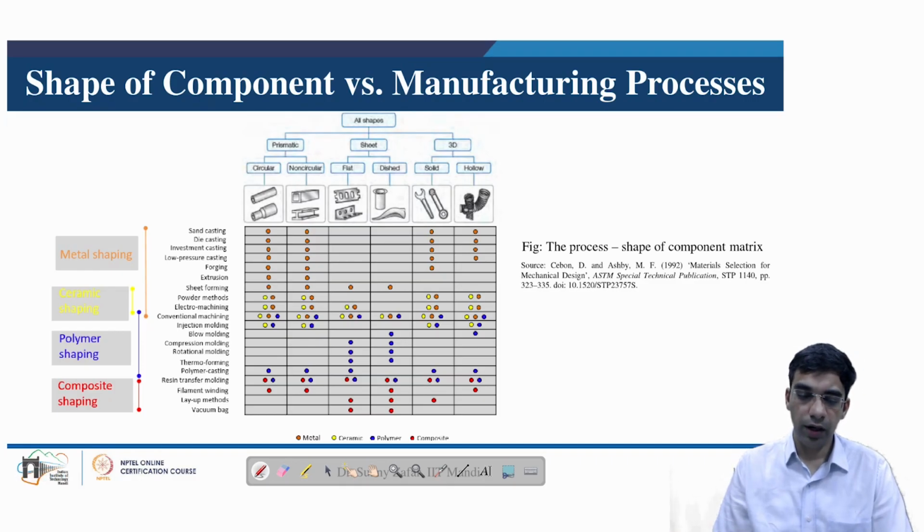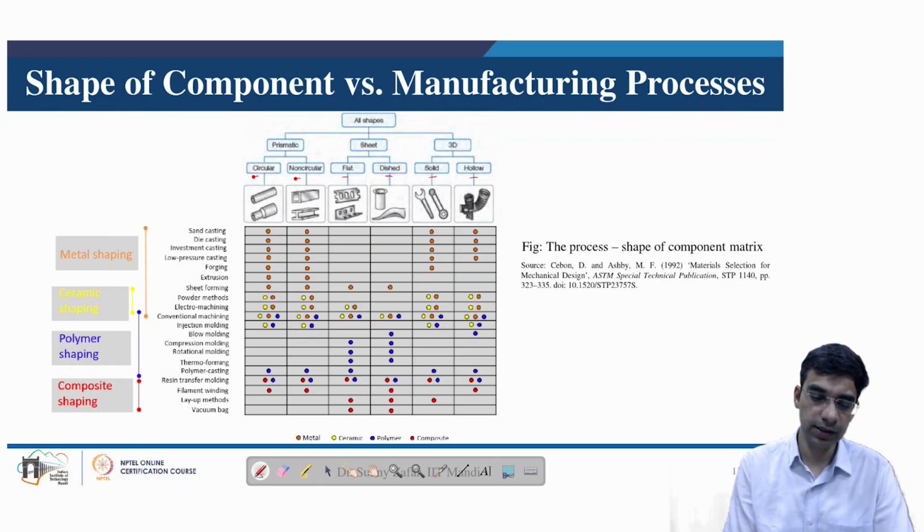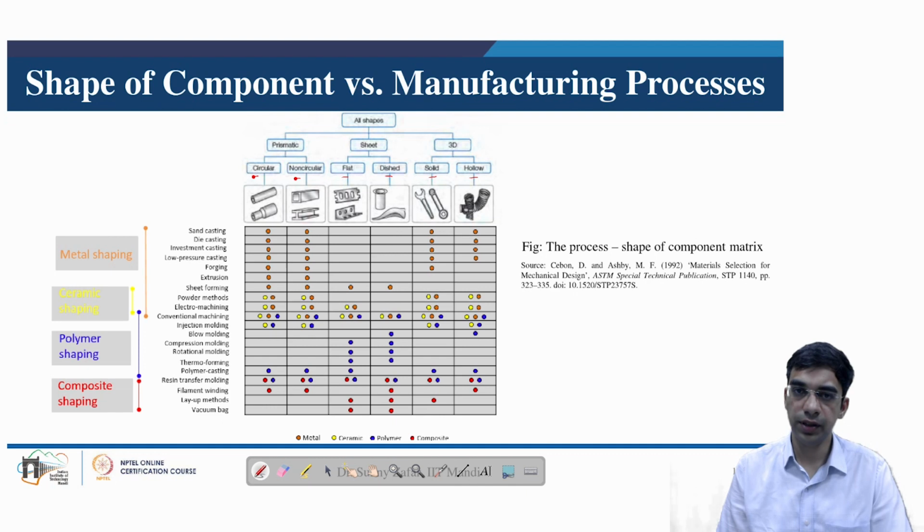Next, we would like to look at how the shape of the component, because shape is a very important criterion in deciding the selection of material as well as the manufacturing process. So all these shapes shown here: prismatic, sheet shape or a three-dimensional shape, whether the shape is circular or non-circular; if it is a sheet, it is a flat shape or a dished shape. In case it is a three-dimensional shape, is it a solid shape or a hollow shape? Based on these considerations, how the different manufacturing processes are mapped and in which scenario they become economical